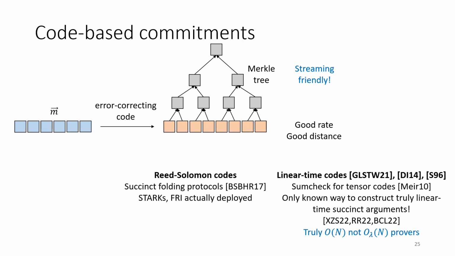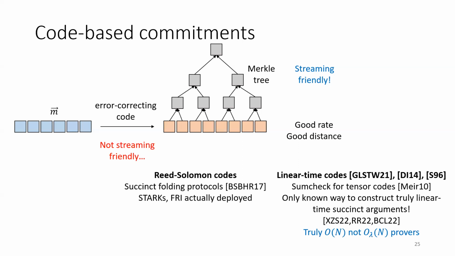And in theory, these are really exciting commitment schemes too. If you use linear time constructions of error correcting codes, these don't have the same kind of folding protocol as before, but they've got their own sum-check protocol, which can probably also be made space efficient. And using codes like this is the only way to construct really asymptotically optimal zero knowledge and succinct arguments, where you really have an O(n) time prover and not an O(λn) time prover in the security parameter. So these types of arguments have the lowest possible computational overhead for the prover. So they're very exciting, but